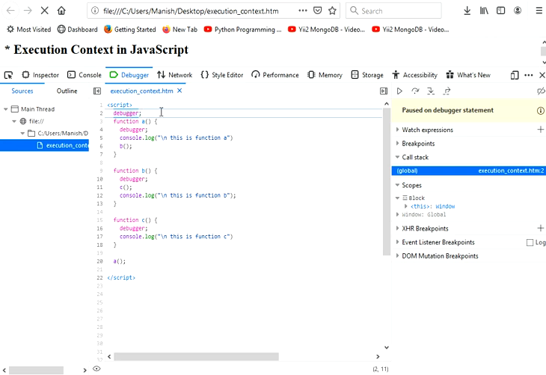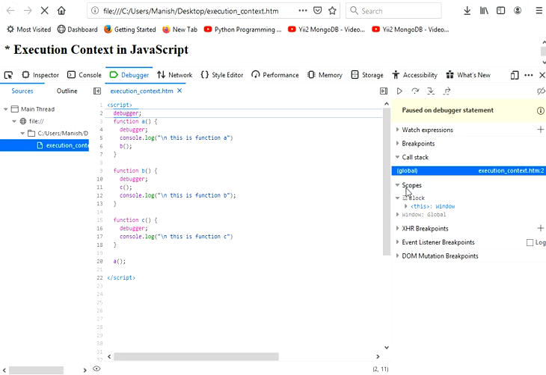Now if you see the right side, there is a call stack and scope. Basically, when any JavaScript code is executed, a global scope is created by the runtime engine.